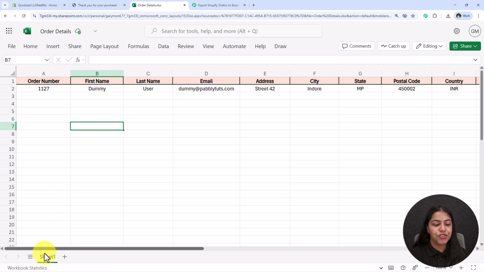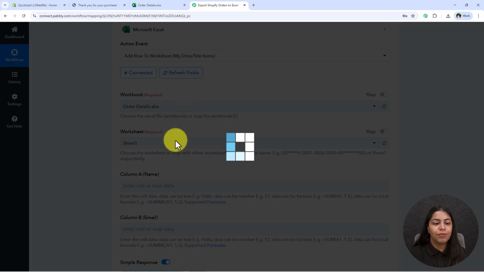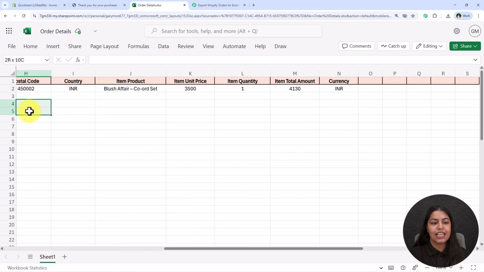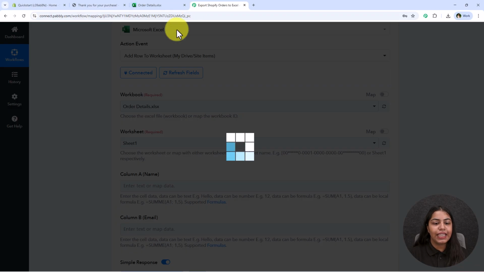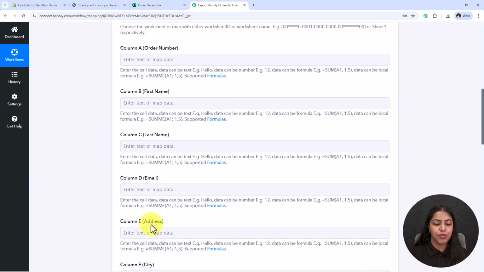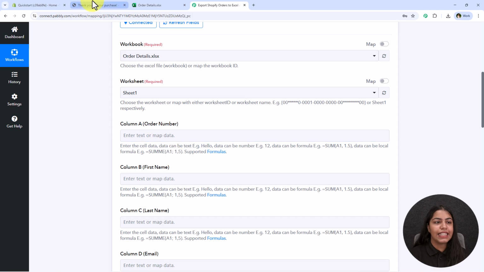So as you can see, the sheet is Sheet 1. Alright, so I'm going to wait for a few seconds till it is selecting the workbook. Then I'm going to select the worksheet, and then one by one I'm going to add all of these details. Alright, so let's wait for a few seconds. And now we have to select the worksheet and move on further. One by one I'm going to enter all of these details so that we can add these details right over